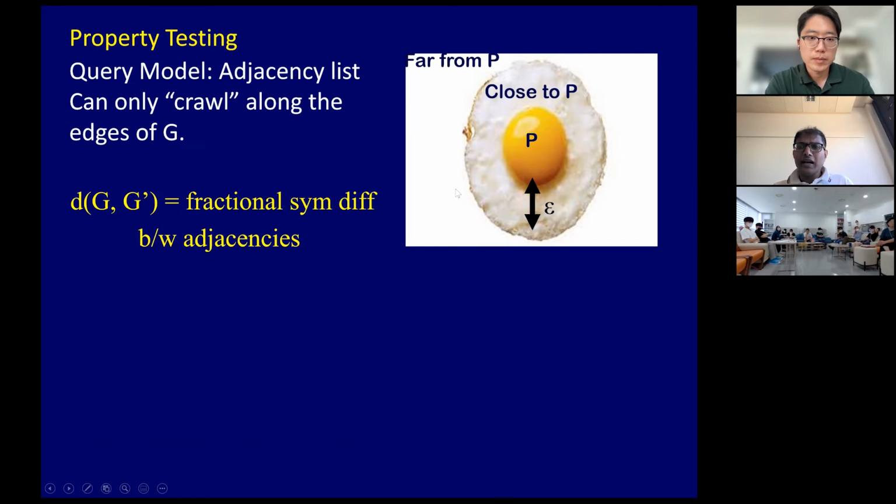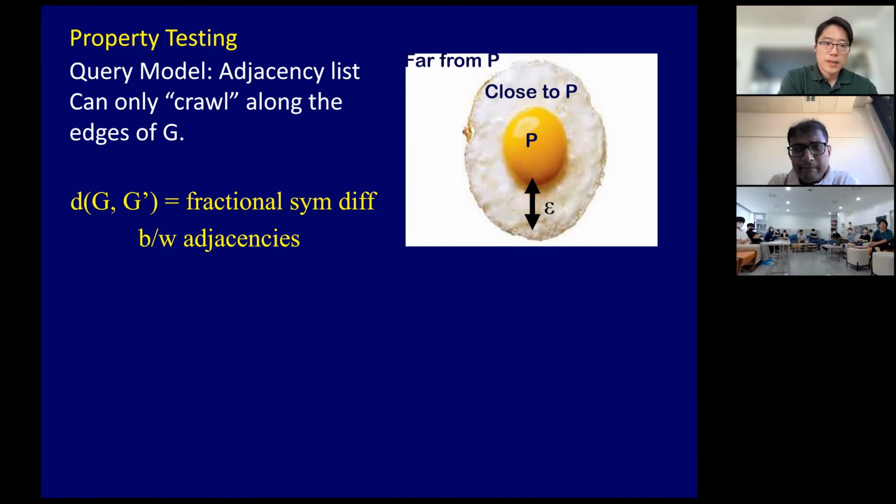Okay, so any questions about the notion of distance? Okay, so I'll move on. And now I want to introduce the two problems that I'm interested in the first part